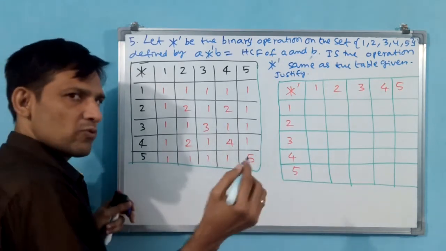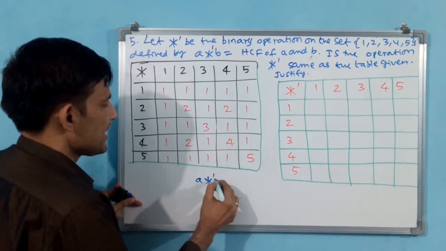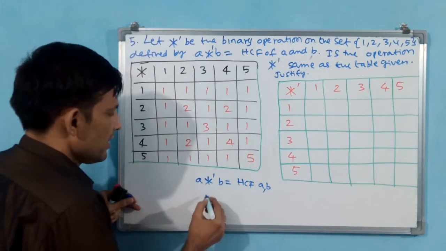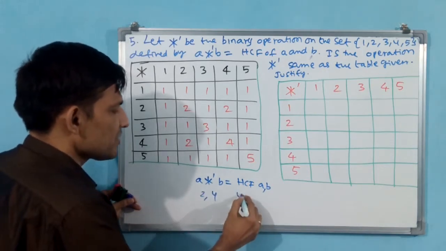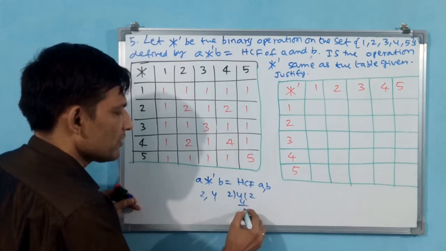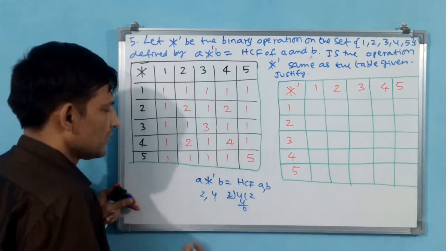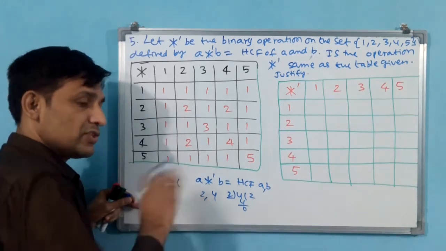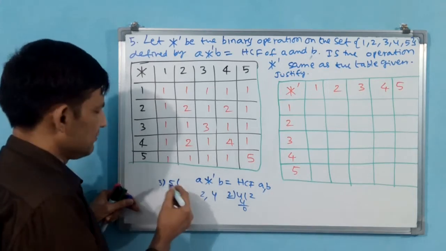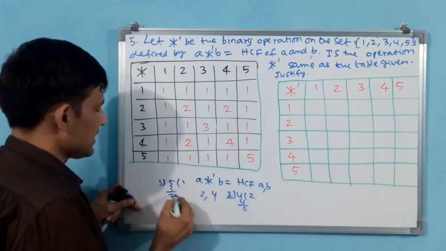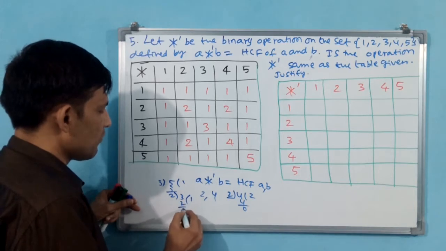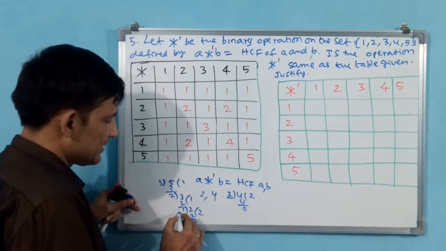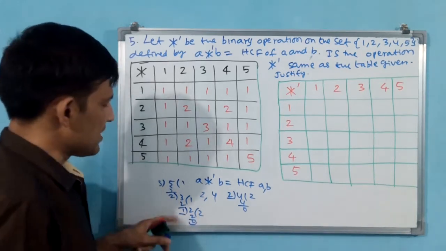See, 1 or 2 I will write. A star dash B is equal to HCF of A and B. Say if you take 2 and 4, what will be the HCF? 4 divided by 2, 2 twos are 4, that means 0, then 2 will be the HCF. If you take 3 and 5, what will be the HCF? 3 and 5, 5 and 3 both are same for HCF or LCM. 3 ones are 3, 2 will come, then again you take 3, 2 ones are 2, 1 will come, again you take 2, 1 twos are 2, 0. Until 0 comes you have to go. The divisor is the HCF, 1 is HCF.